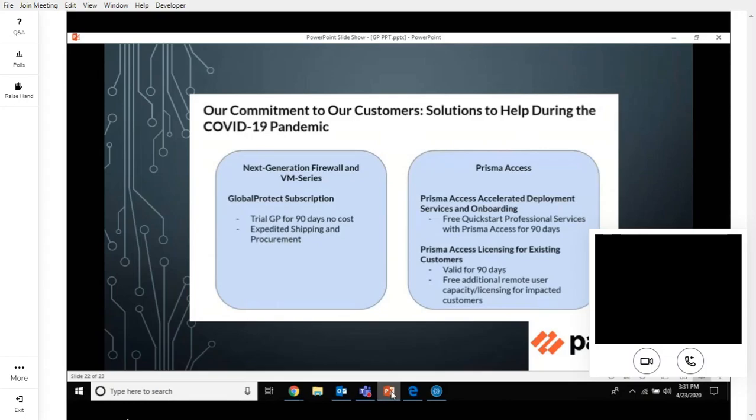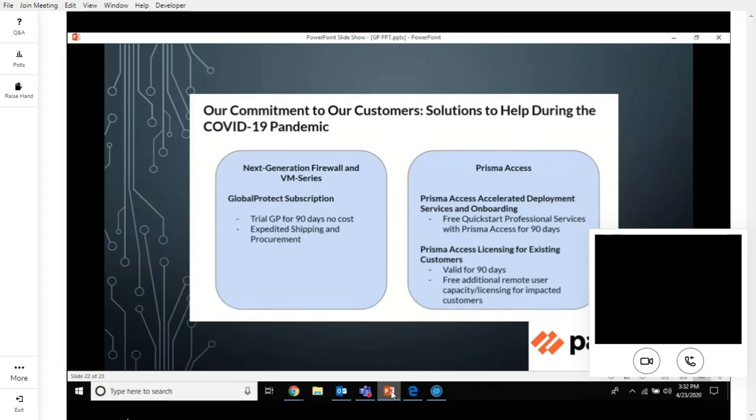When it comes to the contextual information and access control based upon compliant security posture, there is an additional license called HIP, Host Information Profile, which enables the users and devices to go through a list of security checks and making sure that they are compliant before connecting to the corporate network. But due to this COVID-19 situation, Palo Alto is issuing Global Protect subscription, the free one as well as the feature based HIP license